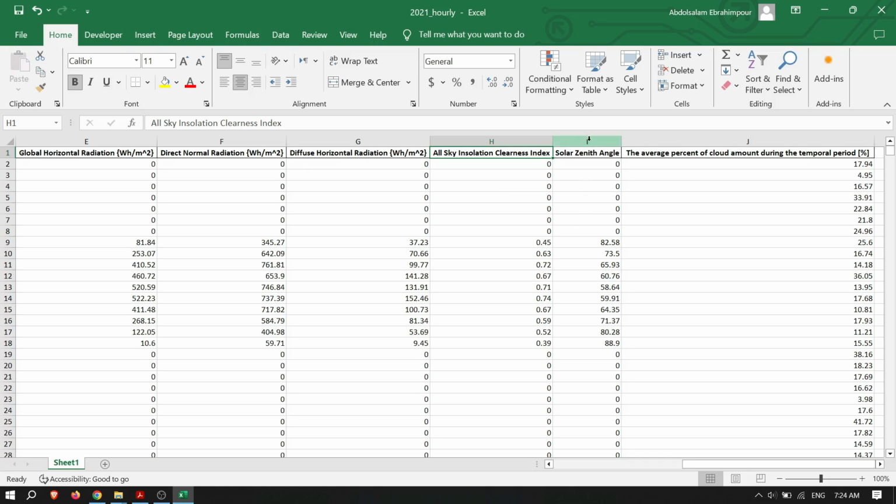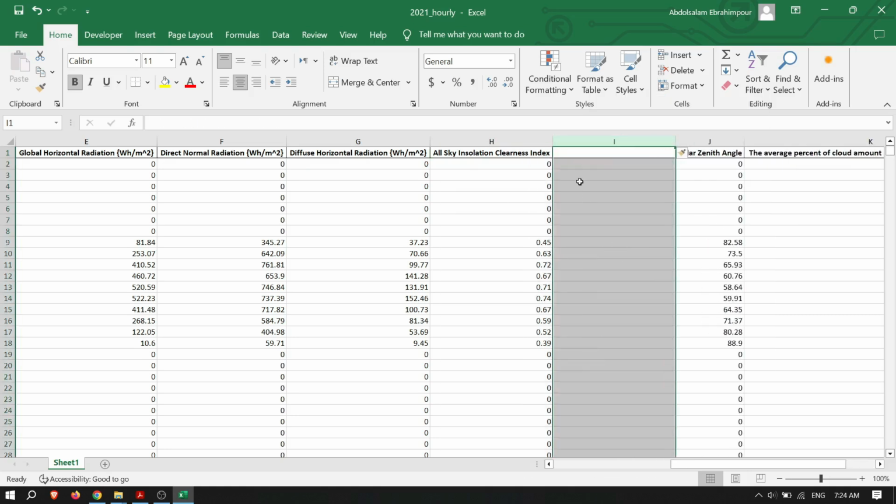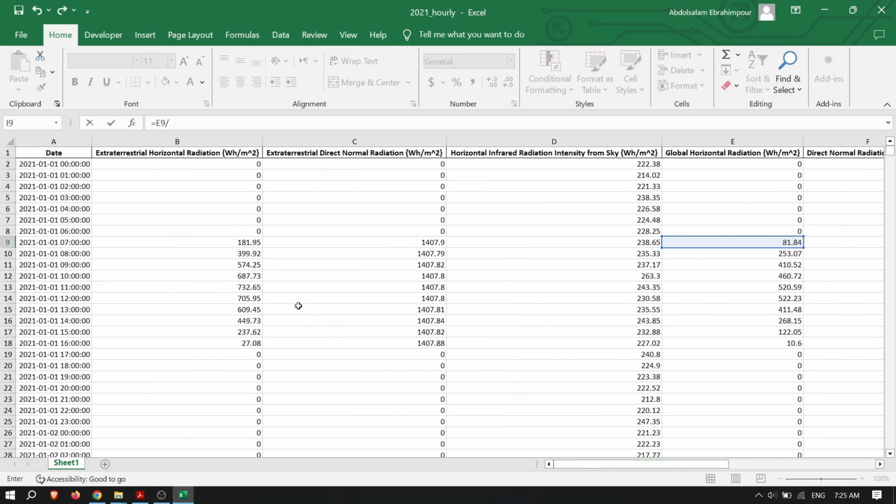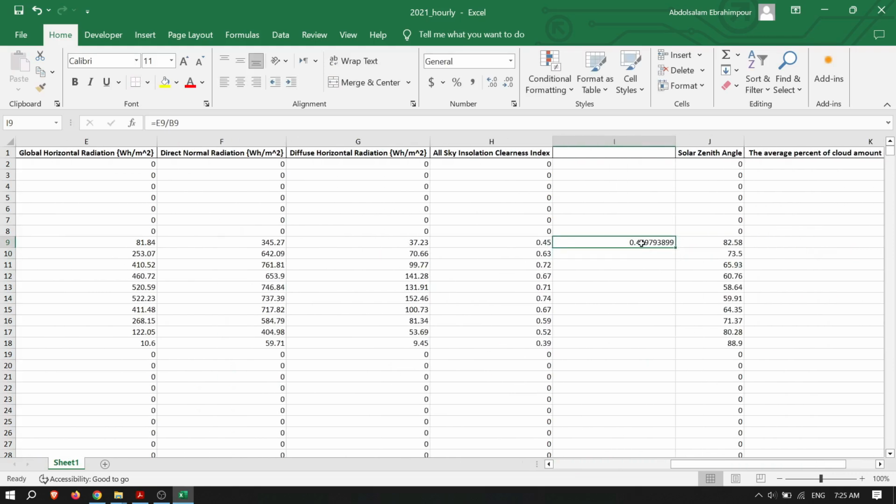We can calculate it by the radiation outside our own atmosphere. For example, here I calculate the radiation that reached the surface of the Earth divided by the radiation outside the atmosphere. Well, you can see that the flatness factor is like this, so the flatness factor is equal to